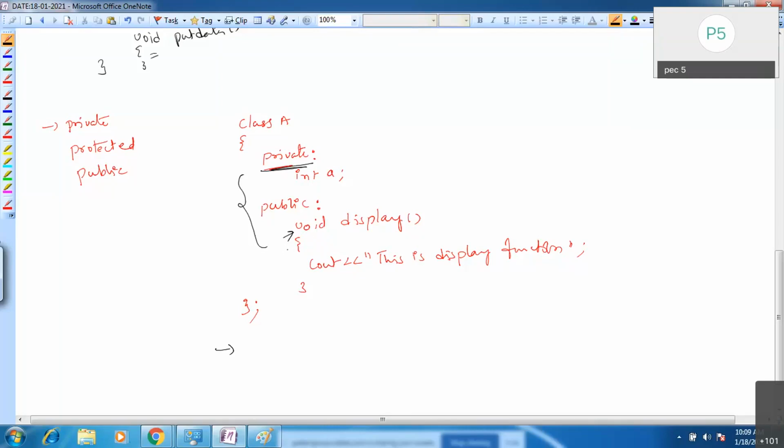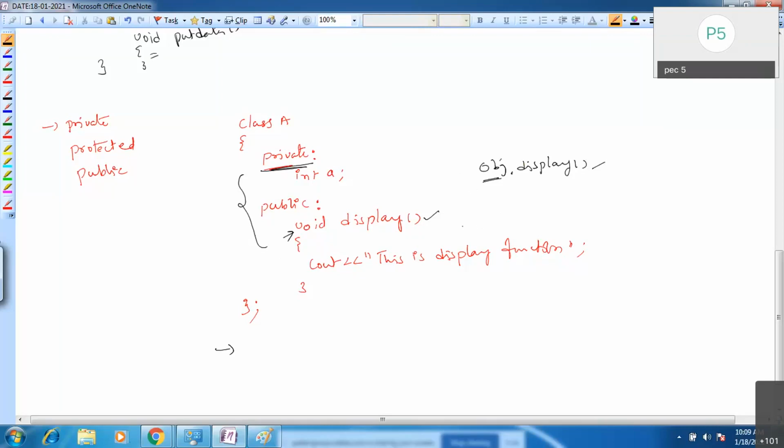But public members you can access outside the class by using an object reference. If I create one object obj for this class, by using this object reference you can access the display function, obj dot display. In this way you can access public members.